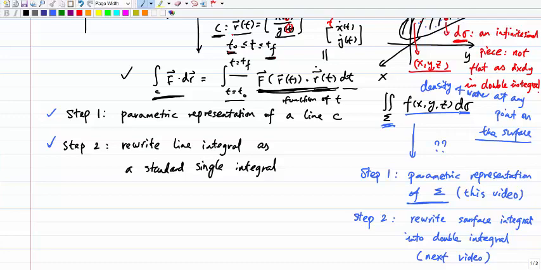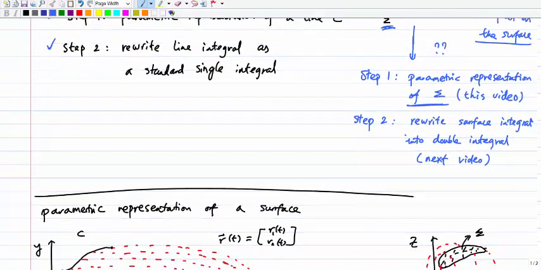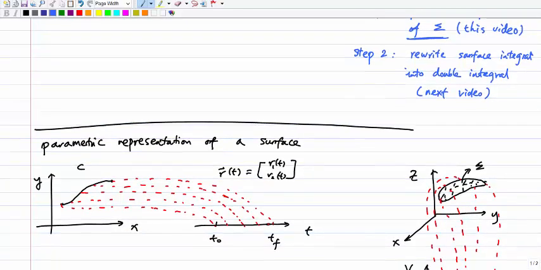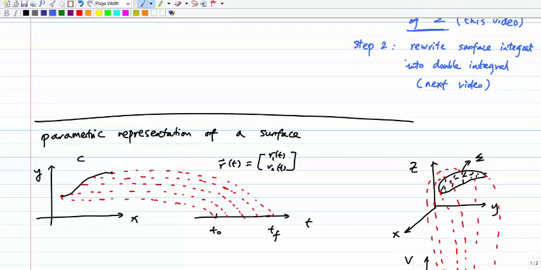All right, now we go to the main part of this lecture. We talk about the parametric representation of a surface. To give you an idea about what I mean by parametric representation, although I gave you an idea already before, I want to tell you what a parametric representation is and how we can use it to rewrite my surface. So here's a simple example of how I write a line